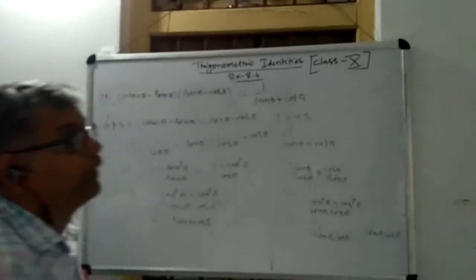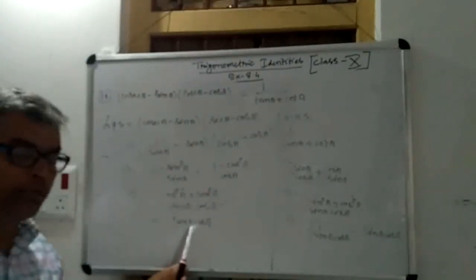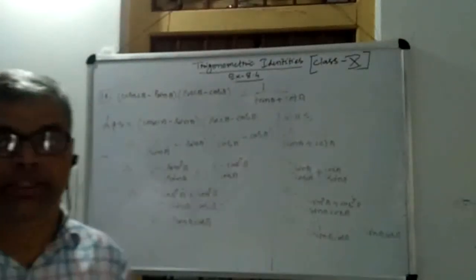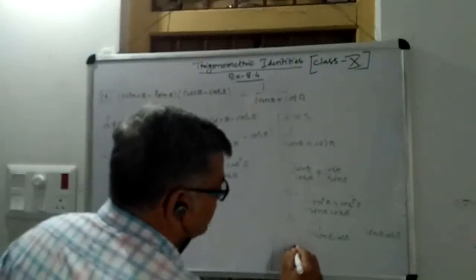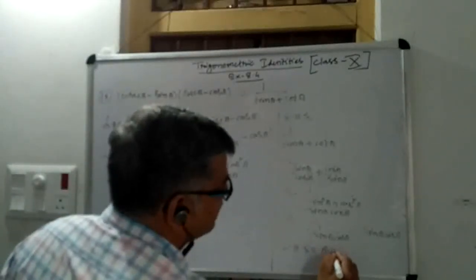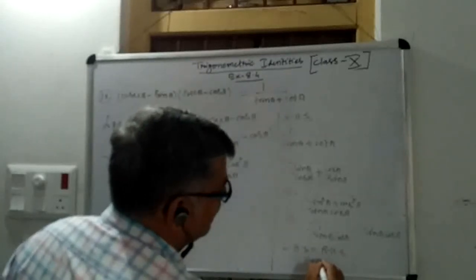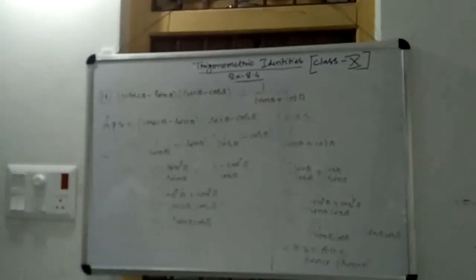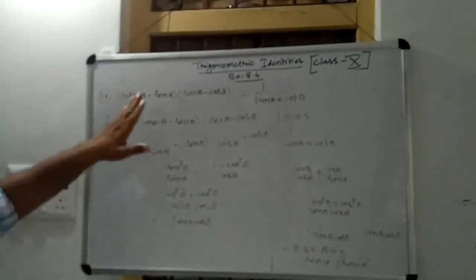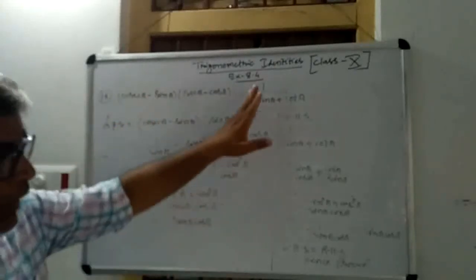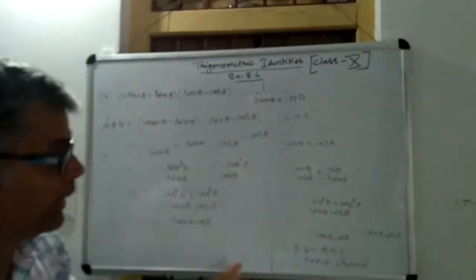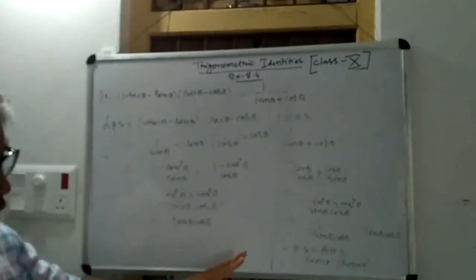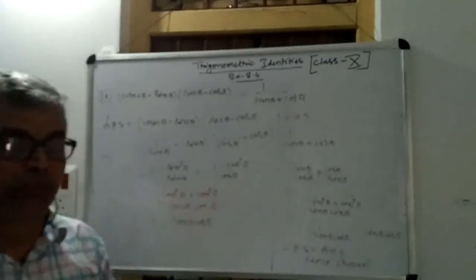So you see that when you solve your LHS part, you got sin A cos A, and when you solve your RHS part, you are getting sin A cos A, which is the same. So LHS equals RHS, and hence proved. So in this way, this identity is also proved. In this identity, we have solved LHS separately and RHS separately, and we obtained the same result. So in this condition also, LHS becomes equal to RHS.